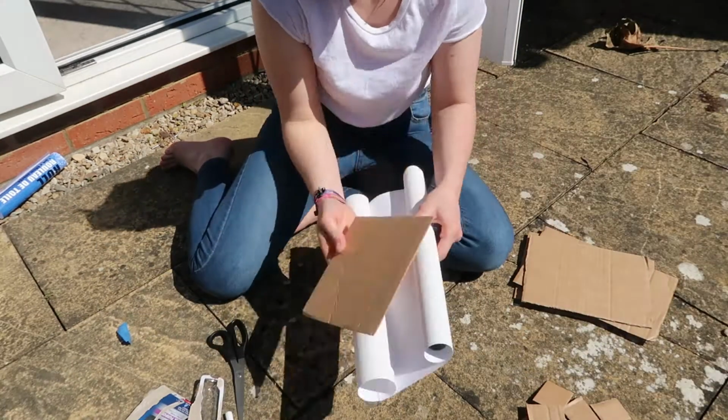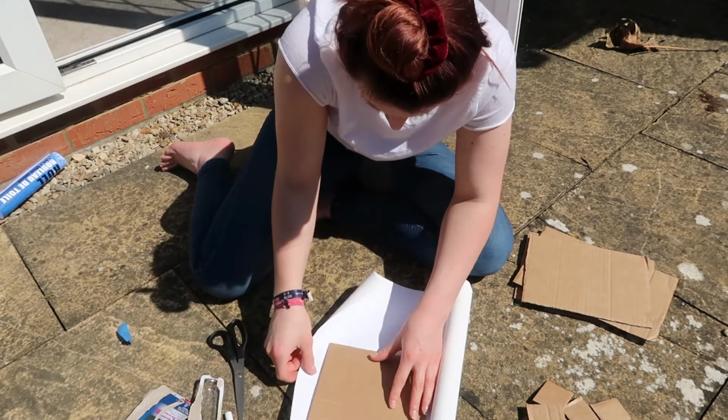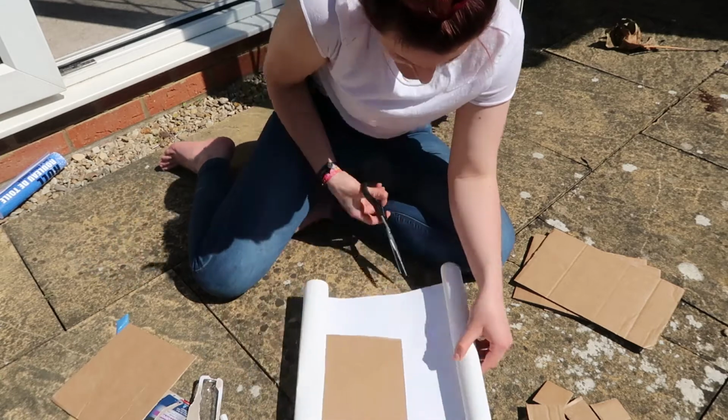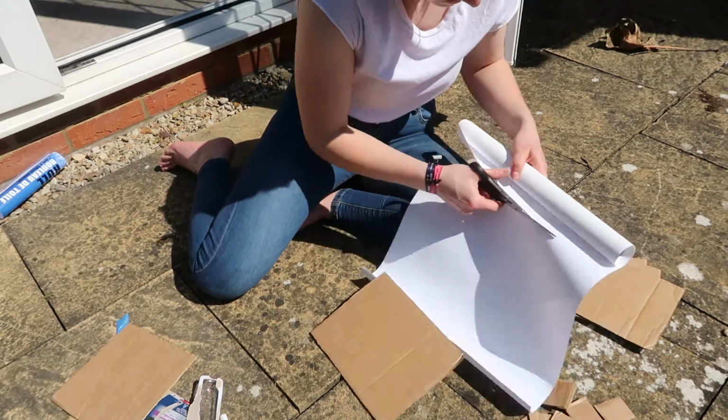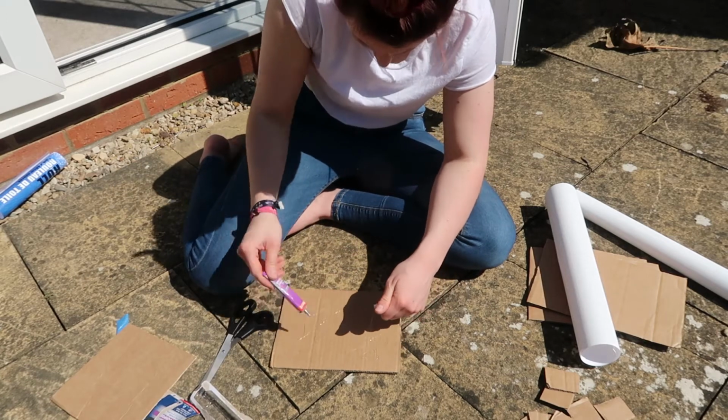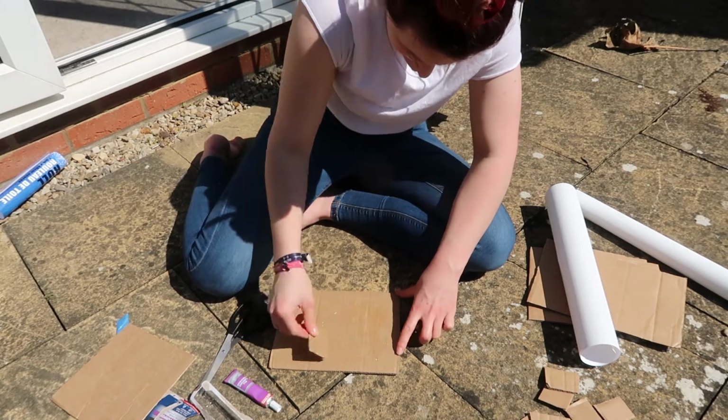So it's voiceover Tini once again. So for this project it was really, really simple. I just took my piece of cardboard, I then trimmed my canvas roll, and I glued my piece of cardboard down onto my canvas roll,